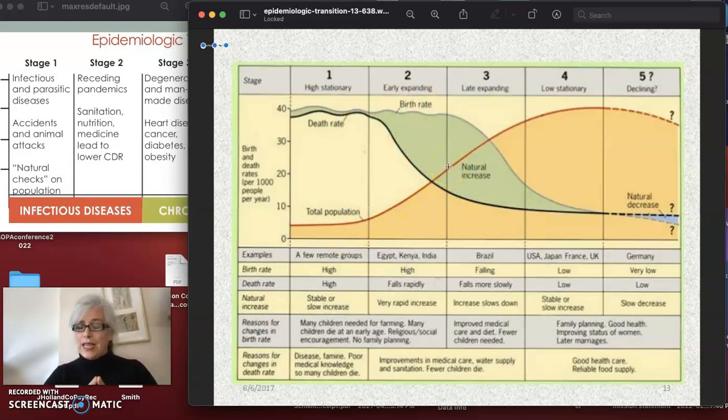And that's what you see in society when you get advanced medical knowledge, you get a higher education level among the population, and you have more food security. Now, in between stage 2 and stage 3, since this originally is based on English history, you see a significant increase in population,